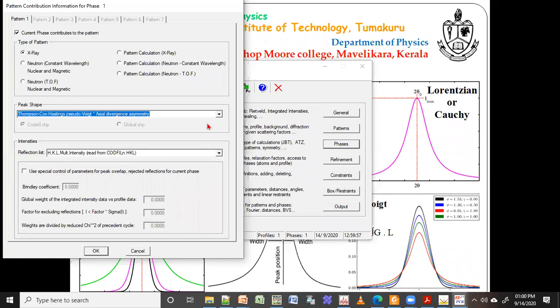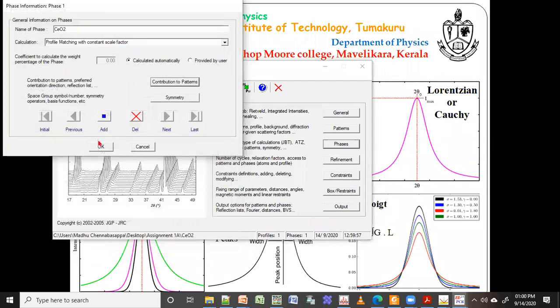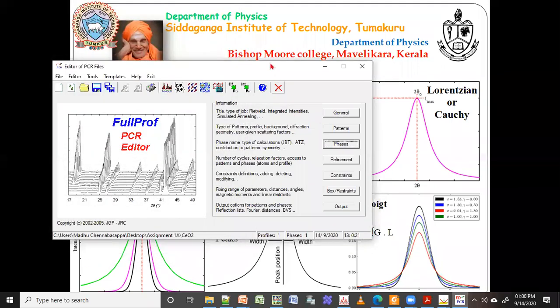If you are using Gaussian, for example, in your previous phase, then you should use the same Gaussian here. But Gaussian may not work for all diffractometers, because your peak shape will be different. That is why I try to explain the peak shapes.